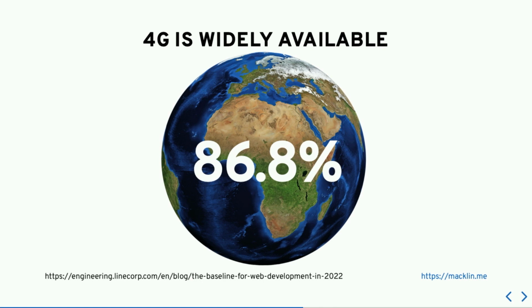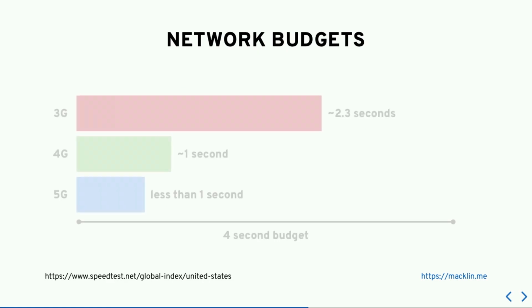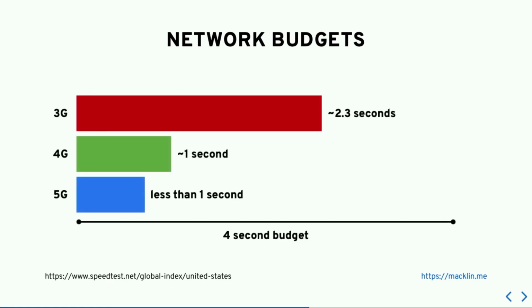Another thing to look at is networks. So, cool, 4G is sort of a miracle in terms of this sort of thing, and it's widely available now. There's been a huge change in India in particular in terms of 4G coverage. They've had a huge rollout there. So that's made a huge change in terms of the speed of networks. You can see, for example, here, this is your time to first byte budget, right? So if you're on a 3G network, your entire budget is blown just loading the web page, getting that first byte back. So these networks here are a bit of a miracle for this sort of thing.